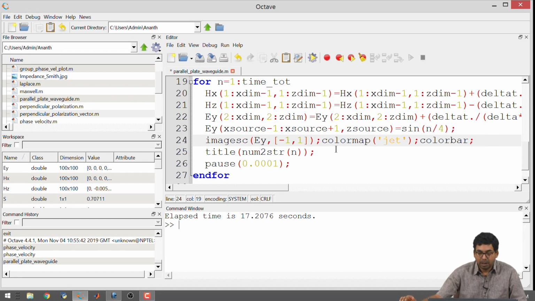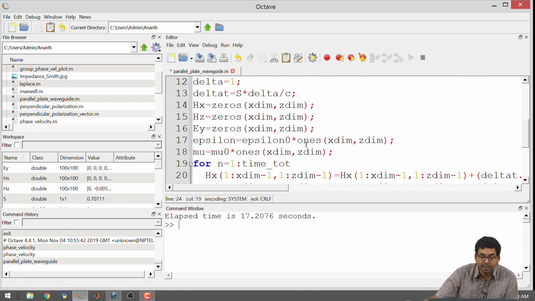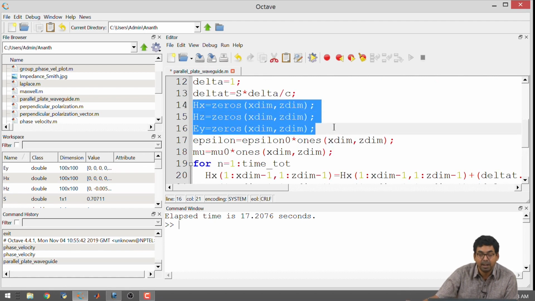Now we have a code for perpendicular polarization and I want to create a parallel plate waveguide, and then start experimenting with the code. So, how do I define a parallel plate waveguide? I know that I need to have 2 conductors. The way I tell the code that I have 2 conductors is by making the electric field 0 at specific places. So, I look at the components that I have in this particular simulation. I have Hx, Hz, Ey. So, what I could do is take Ey and make it 0 at the places where I want to define the conductor.